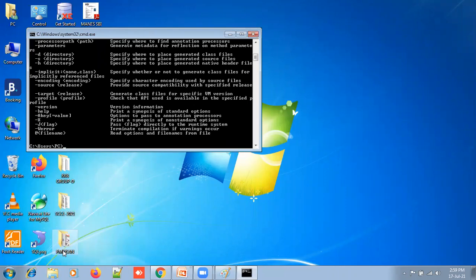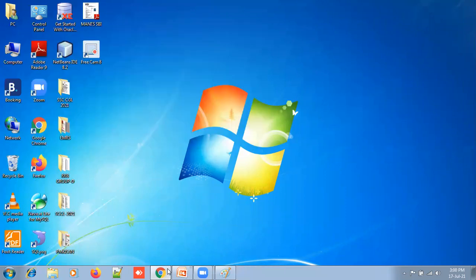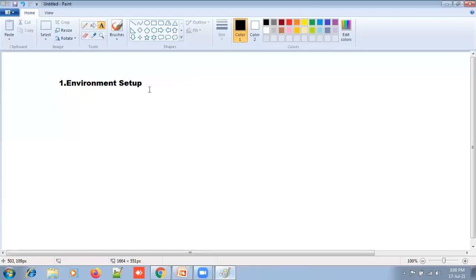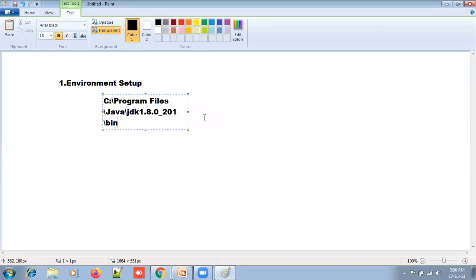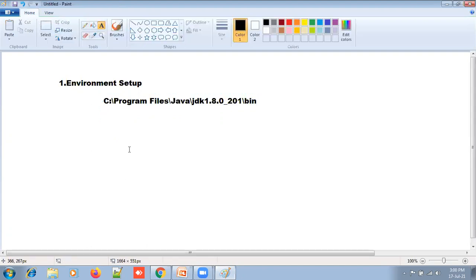These are the two ways to set your environment variable: one is the permanent path and the second one is the temporary path. How can we set the temporary path? With the help of the set path command. How do you set this? First, type set. This one we are going to copy from your particular location. This one is the copied location.